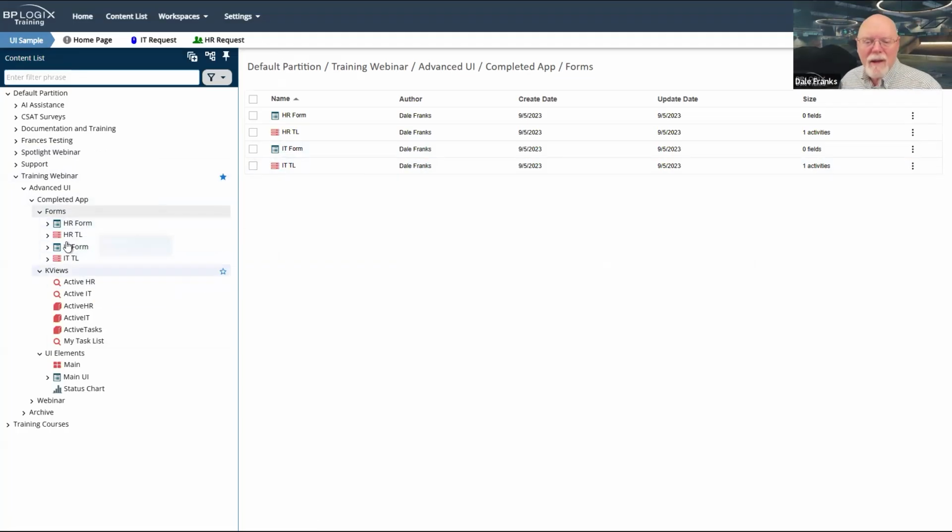But these are the 2 applications, as it were, that we are going to track in our UI. So I have this little UI that I want to create for people who submit HR and IT requests. So this is kind of like a generic request UI.